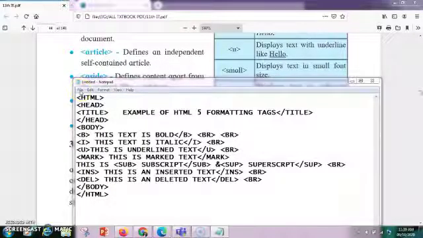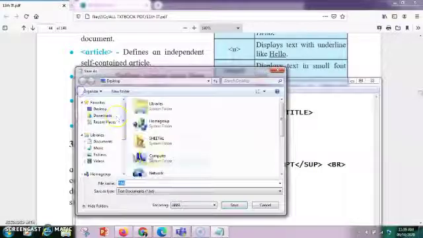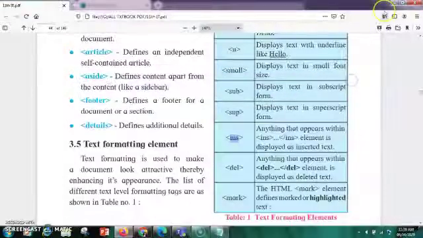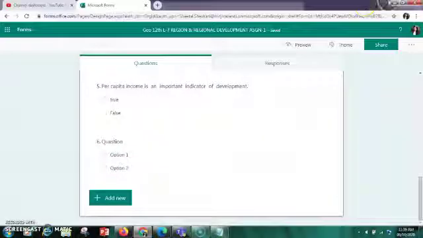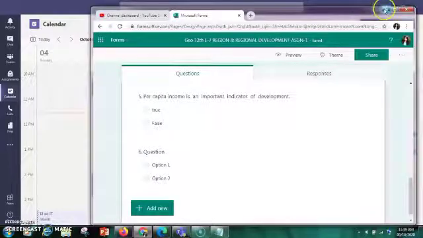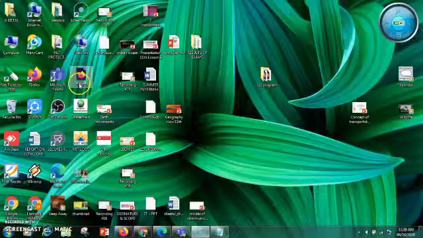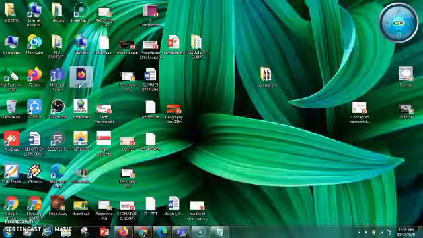We'll save as the program. So save as demo.html. I'll be saving it on the desktop, and then we'll run the program. Here you can see the output.